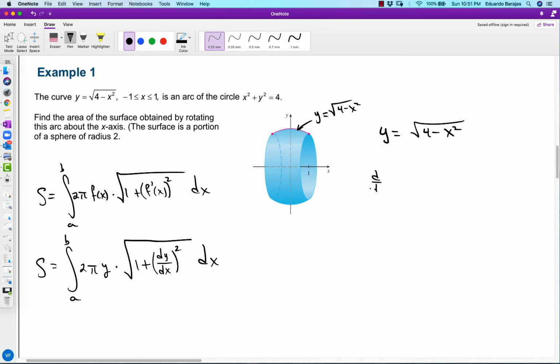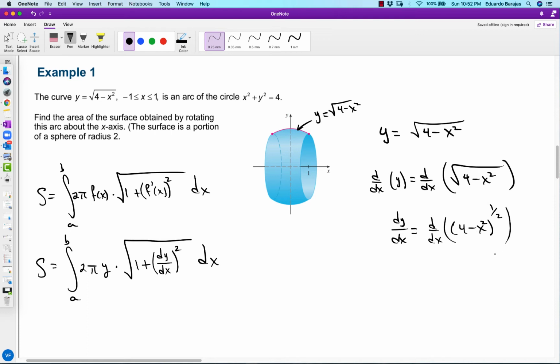So the derivative with respect to x of y is equal to the derivative with respect to x of the square root of 4 minus x squared. So that means dy/dx is equal to, and I'm going to rewrite this in terms of (4 minus x squared) to the power of positive 1/2. And we want the derivative with respect to x on that one. So dy/dx is equal to 1/2 (4 minus x squared) to the power of negative 1/2